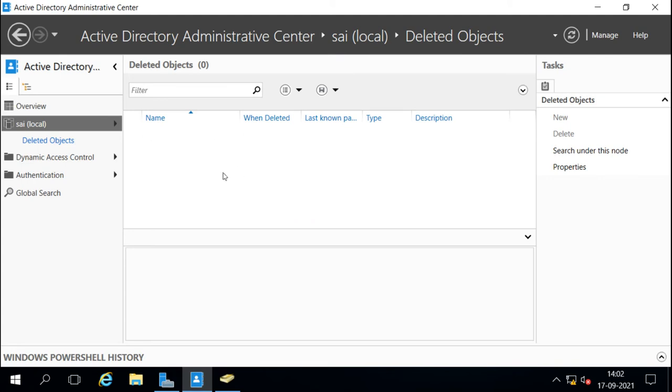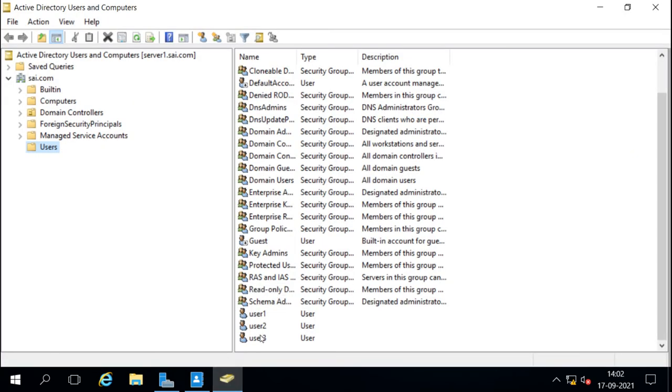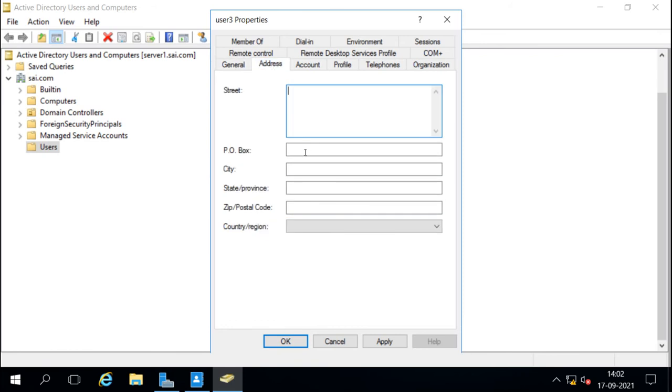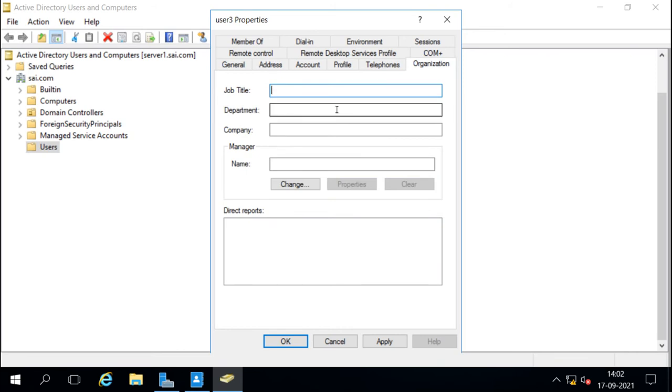Now if I remove any user now, let's say I will remove this user with all information. User 3, Mumbai, organization, let's say IT.